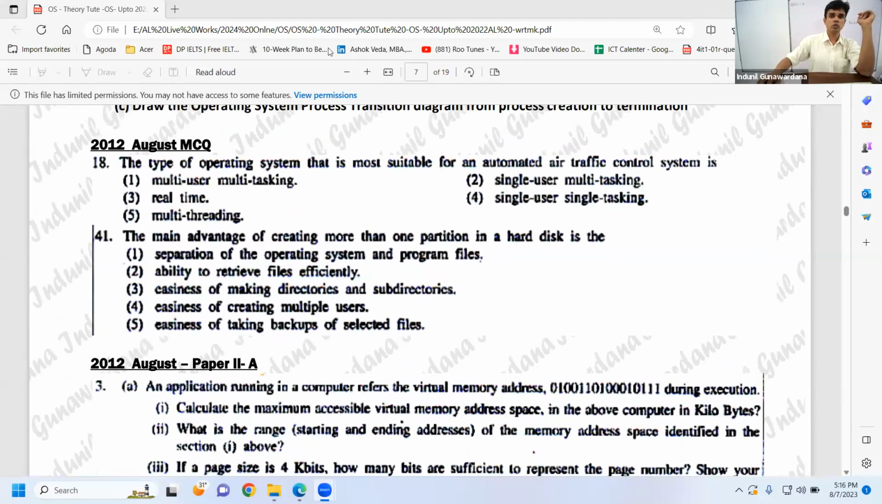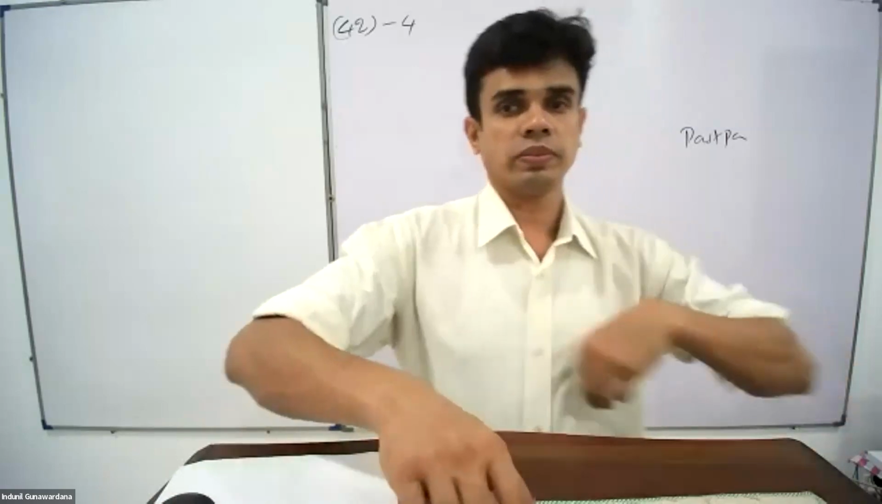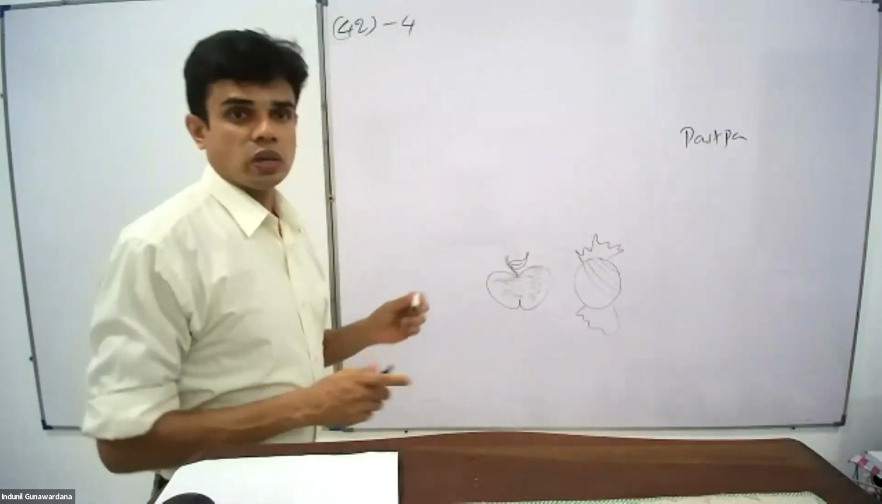Therefore, no need that much of time. Right, then 2012. The type of operating system that is more suitable for an automated air traffic control system is, what is this air traffic control system? Now, air traffic control system means